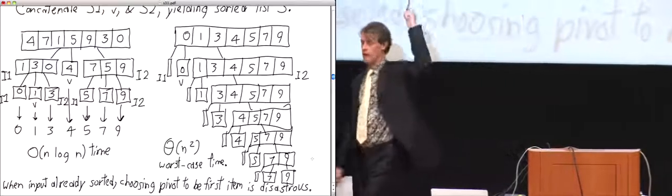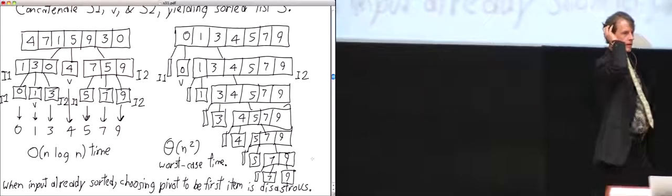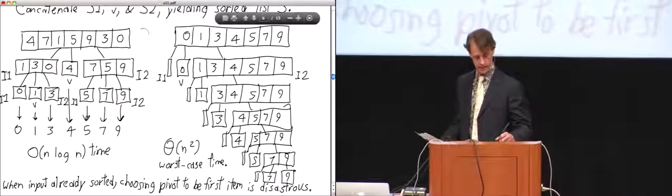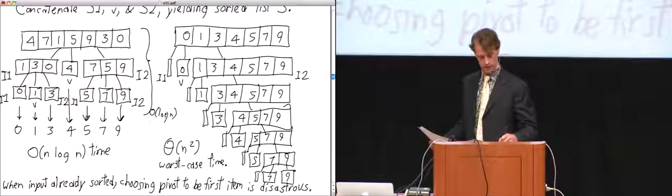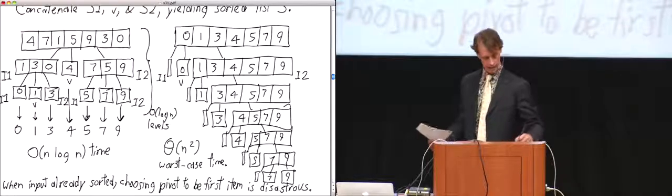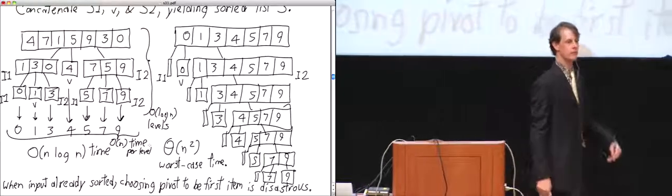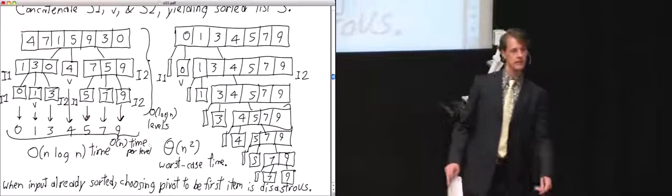Any questions about how quicksort works before I talk about how to choose a better pivot? The first one is n log n for the same reason merge sort was: if you happen to get perfect splits, then you have big O of log n levels of this recursion tree, and at every level of the recursion tree, it is order n time per level. And most of that order n time is doing the partitioning. The partitioning step takes linear time. Other questions?